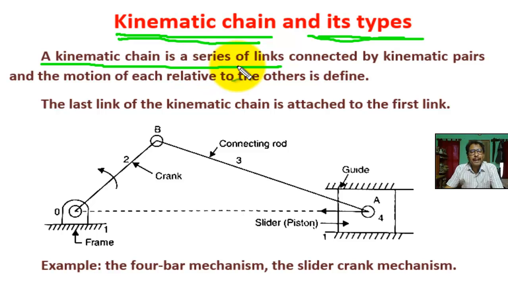joined one after another. A kinematic chain is a series of members connected by kinematic pairs. Kinematic pair means two links joined, having relative motion between them, is known as a kinematic pair,